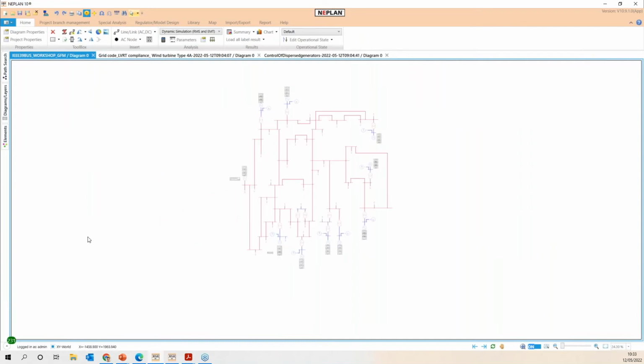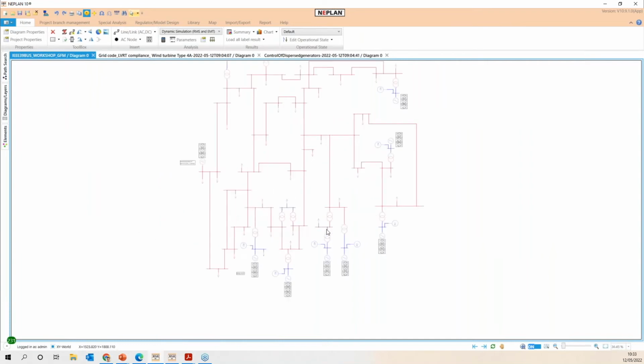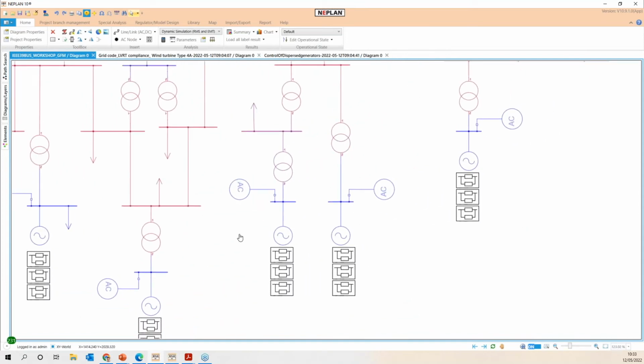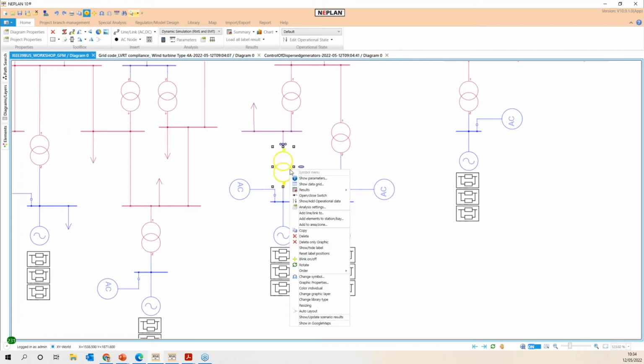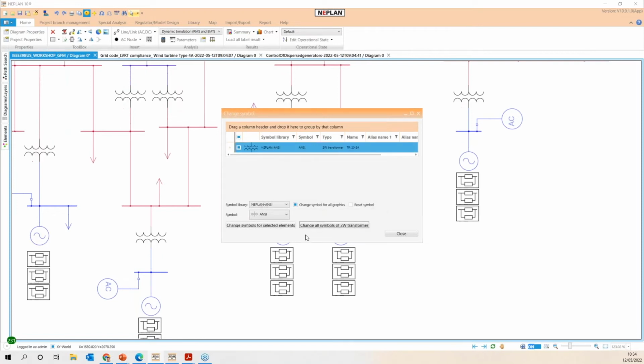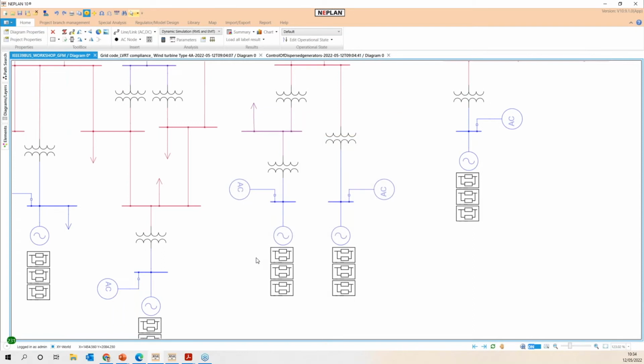So we have here the different specifications of application of NIPLAN. The network modeling can be oriented per specification of the grid code compliance and per acceptation of the different standards. For example, the standard can be also specific for the way to illustrate the connection of the elements, and we can even consider different standards for the symbols representation. In this case, we can see how we can change from one standard to another easily.